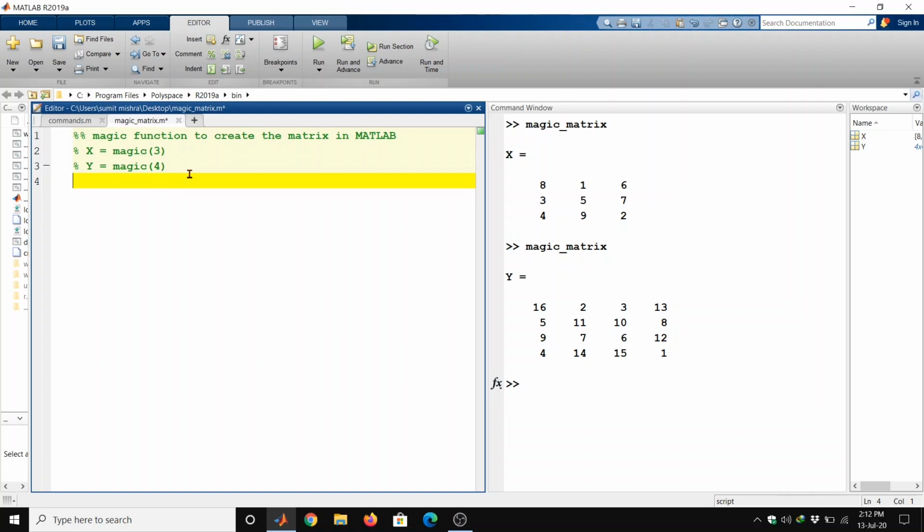Now if we want to swap the middle columns, then we can type here colon, comma, 1, 3, 2, 4 bracket closed.